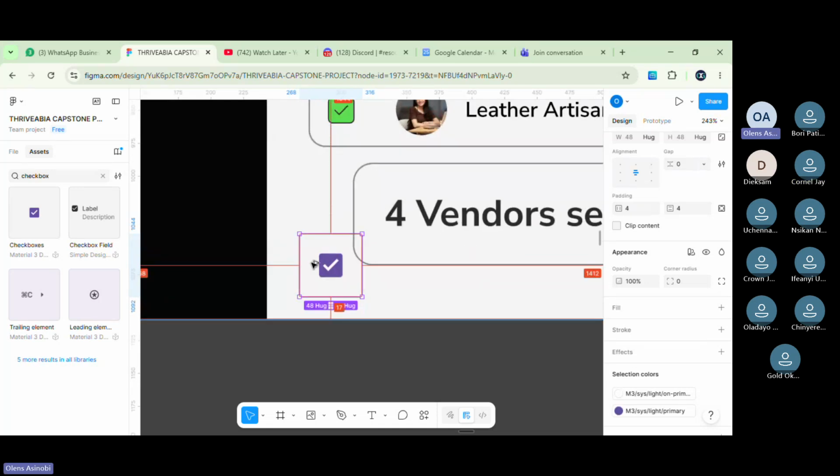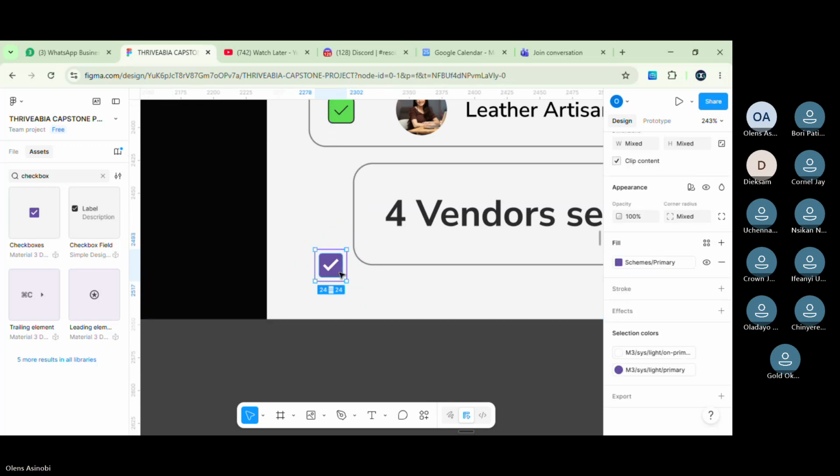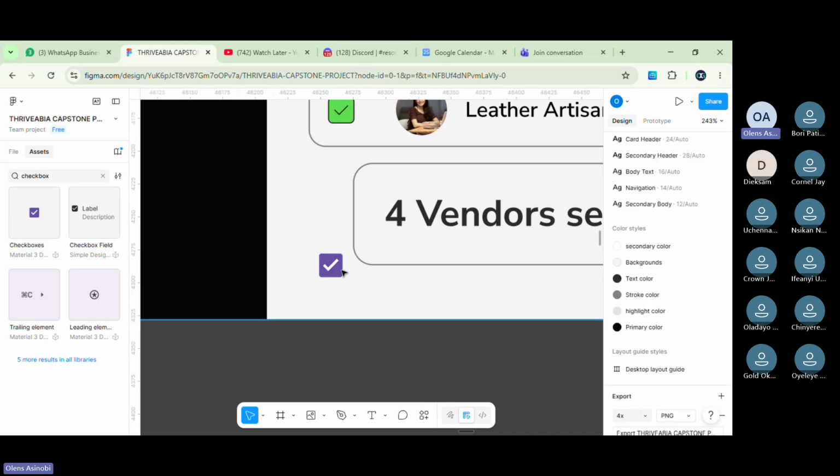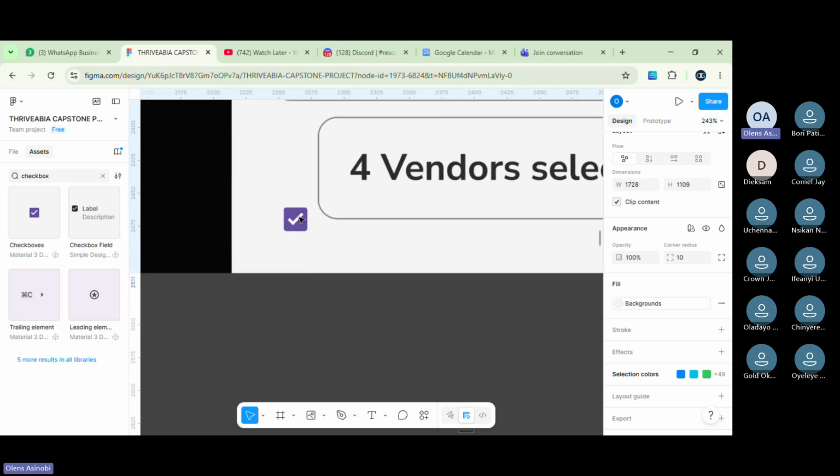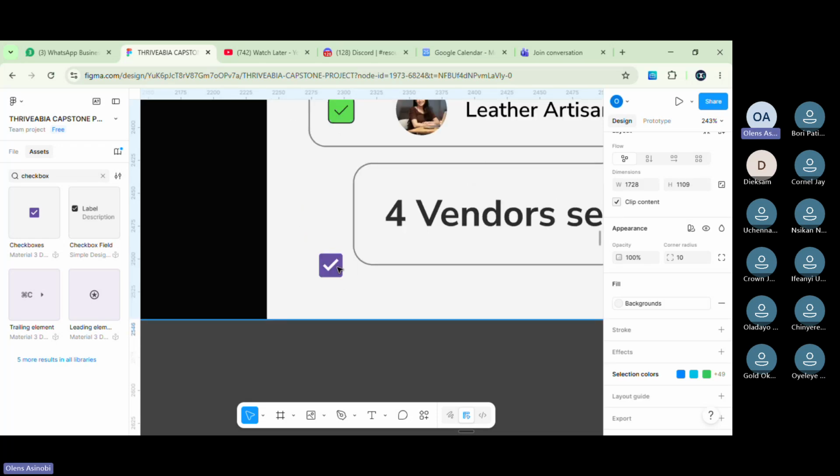Let me remove the components. Then remove this auto layout. Backspace. Backspace again. And you see the beautiful thing about using this one, when you bring it in, where is that thing?